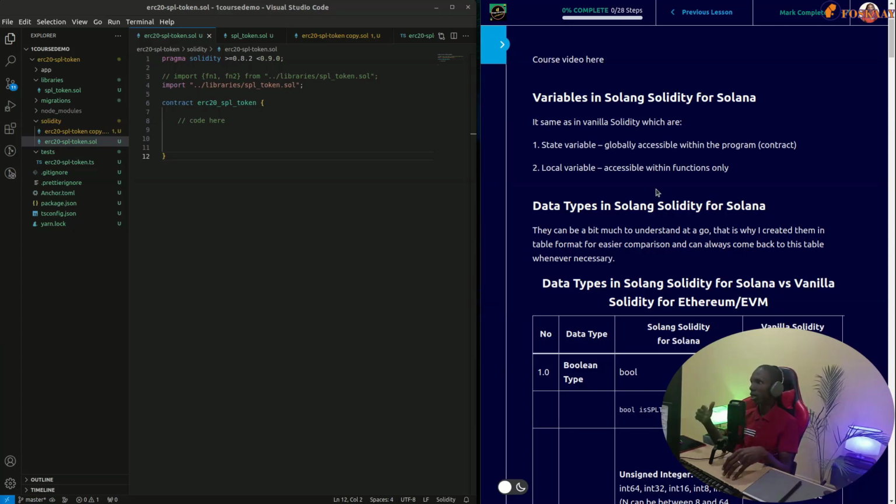In Solang Solidity, just like in vanilla Solidity, you have different kinds of variables, like state variables and local variables. And what's the difference? When you declare a variable within the contract, you remember from the previous code, we said that